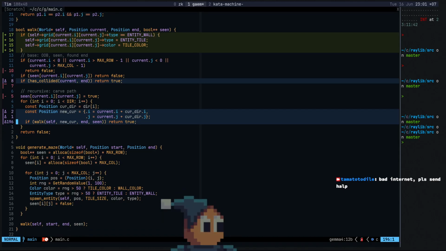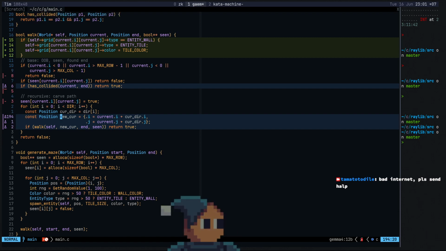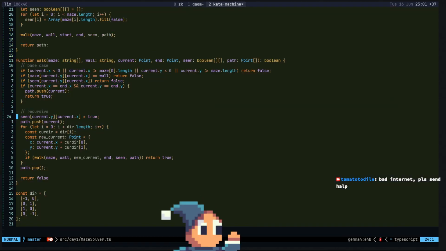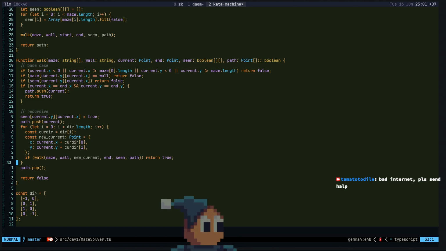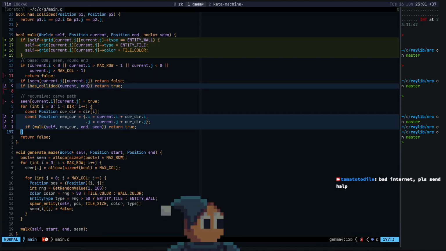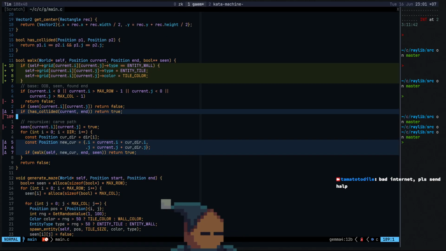Anyways, where were we? Maybe I need to do this. What's the equivalent of a path pop in here? Do I return the original thing as a wall? Not sure.